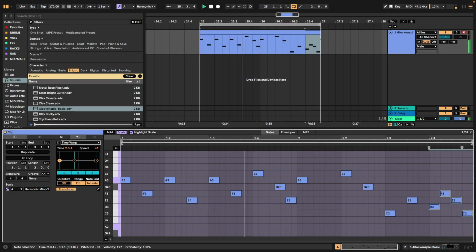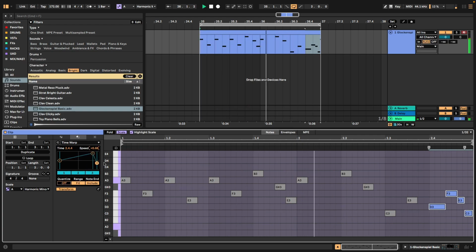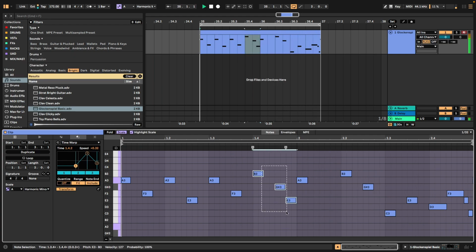Now let's use the time warp function to make these notes a bit out of the grid, giving a more interesting feel to this pattern. Note that I can select the part I want to warp, and then I use a kind of automation in this menu to make some different articulation on that specific section. This is very nice because I can have much more control over the randomization. Then I can mix the quantized notes and the unquantized notes. I love this function.